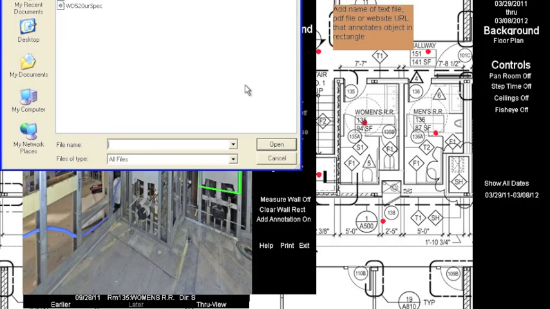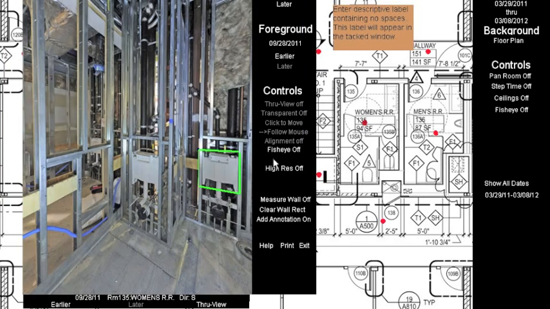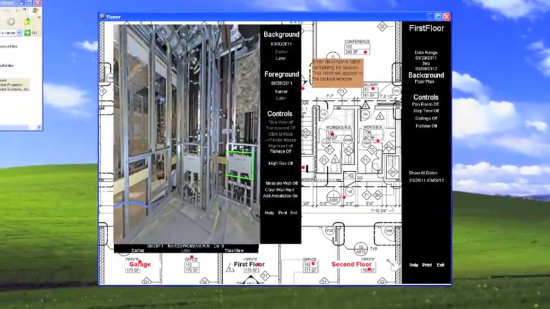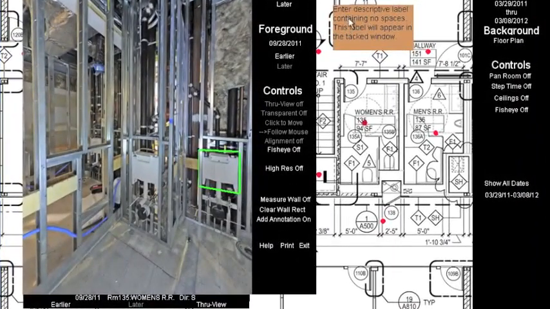So you can continue adding PDF files to the list until you have all of the items that apply to that particular object. And when you're done, you hit the cancel button here, and now it says to add a descriptive label containing no spaces that will appear on the tagged window. So let's call this Kohler,